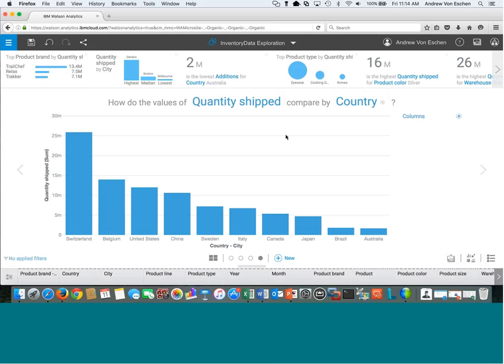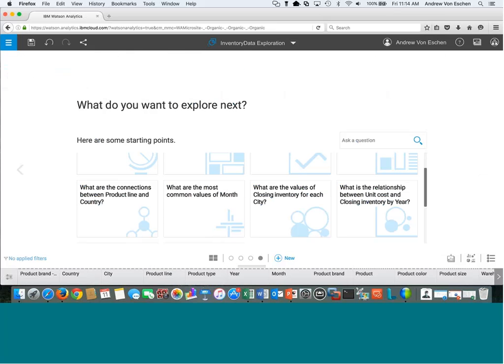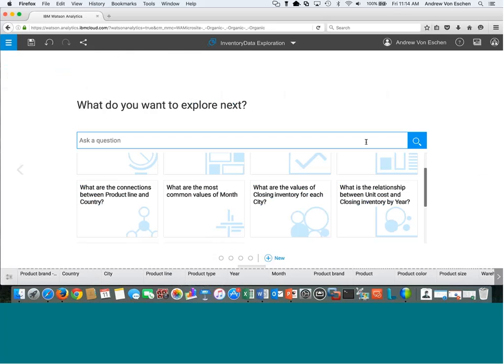Now, as Spencer talked about as we were getting going, the natural language processing, this is really cool. And many of you will be like, well, I don't understand, Andrew. Tell me more about that. What is it? Think about going out to Google and you start typing in a question like, what is, and it starts to fill in the blank with top search results, or where people have been hitting the most. Watson Analytics actually does that on your data. It's going to be a little eerie and a little crazy to be able to ask a question of your data, not have to go in and start to explore it, but it just returns that result set for me.